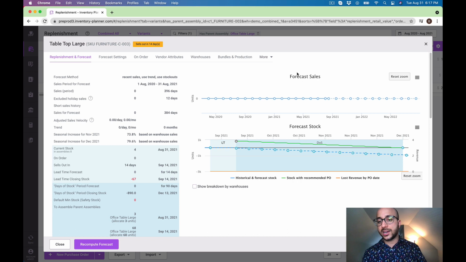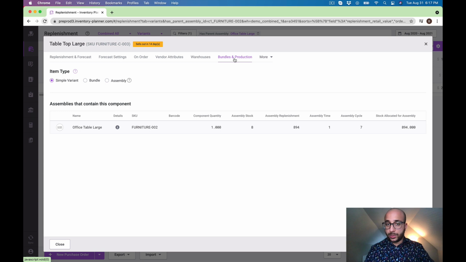Click into that details icon. Well, we don't sell the tabletop on its own. It's sold in the form of large office tables. We don't see a forecast here because it's not sold on its own. If it did sell on its own, we would see some past sales and a forecast additionally at this level. But regardless of whether we do, we would see the bundles and production tab and the